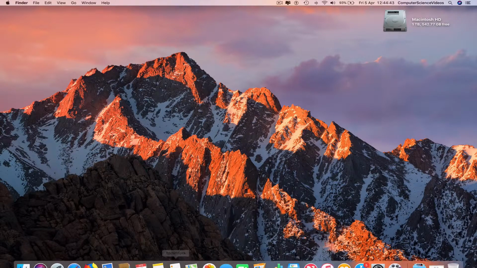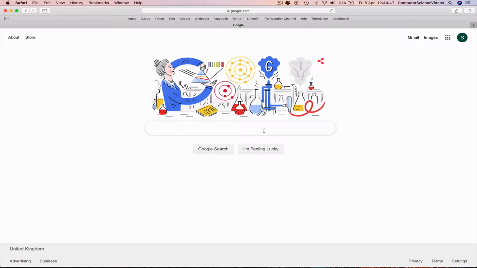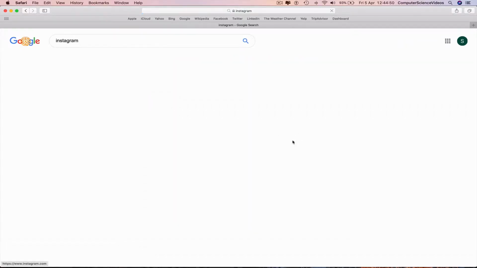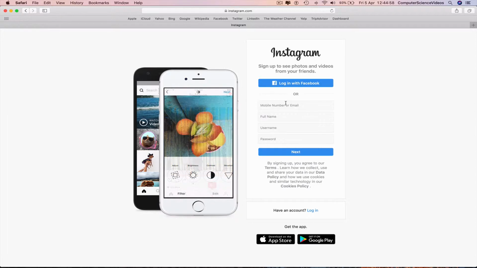So, go all the way to the dock, click on Safari, go to Google, type in Instagram, click on the first link that you see. And now we can either log in with Facebook, or we could start filling in the credentials, the names, the